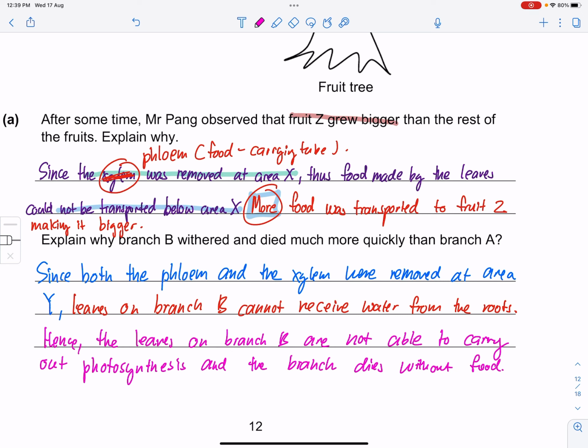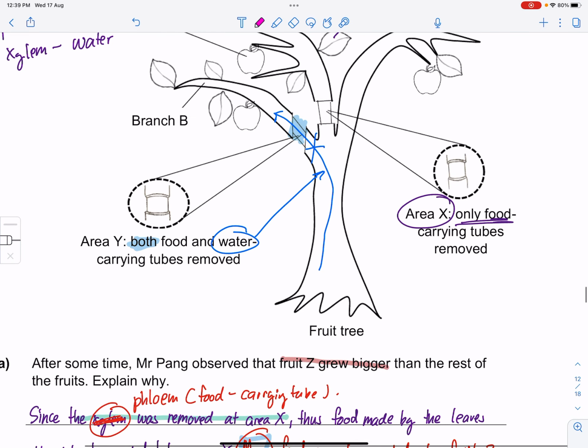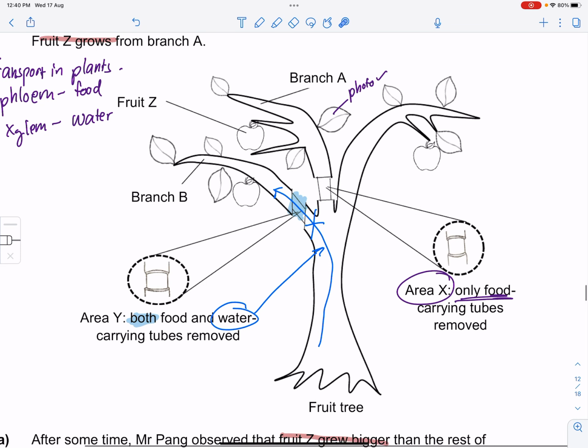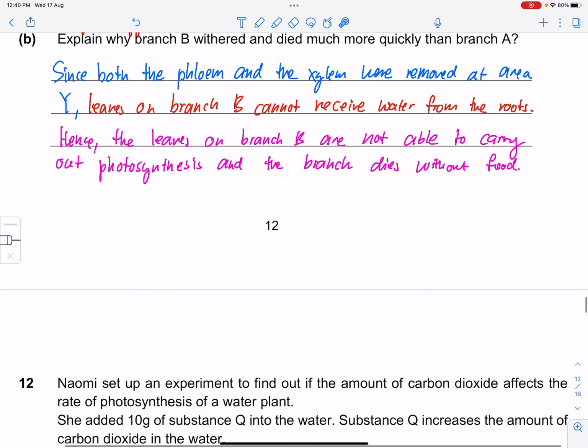Okay? Now, if I were to stretch it one step further, and I say now the cut is going to be here, instead of at the branch, I put it at the trunk. And I tell you that both the food and water carrying tubes are removed, the whole tree will eventually die because all the leaves will not receive water to make food. The whole tree will eventually die. Okay? Just so you know. Next,